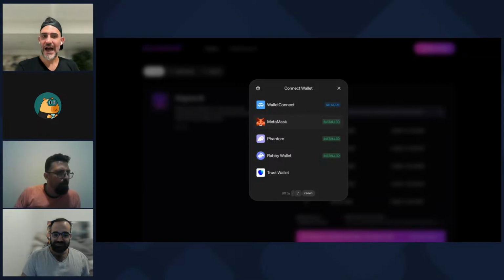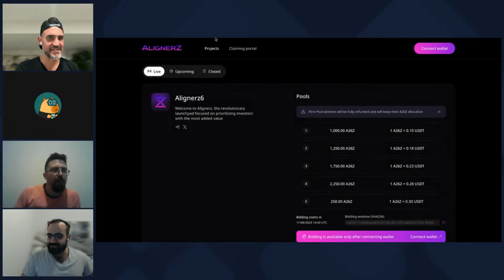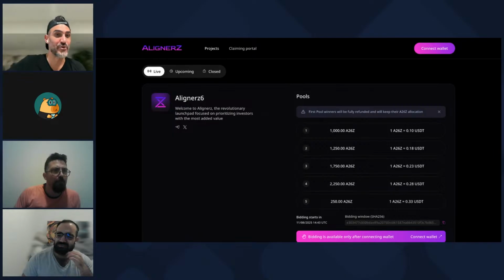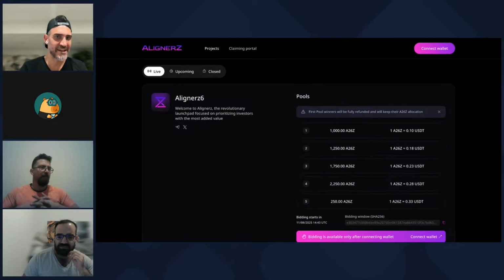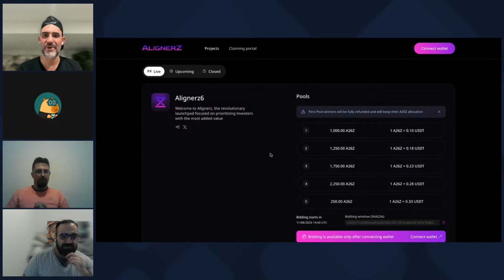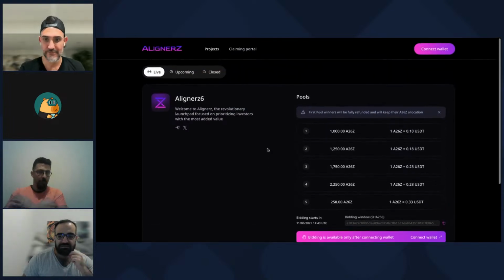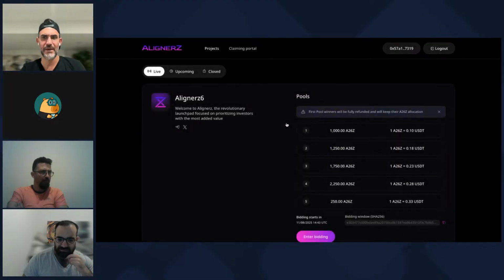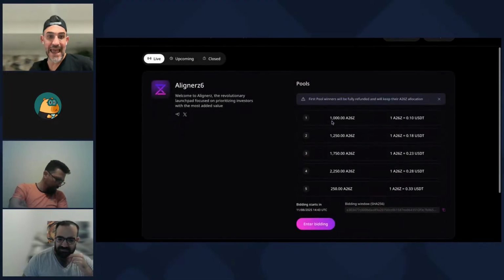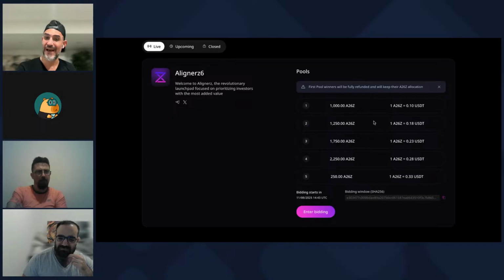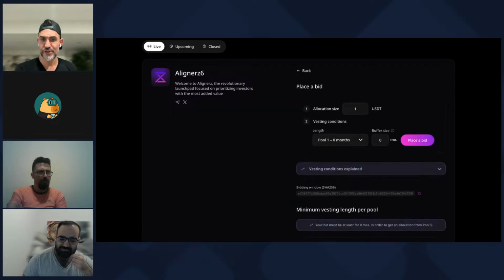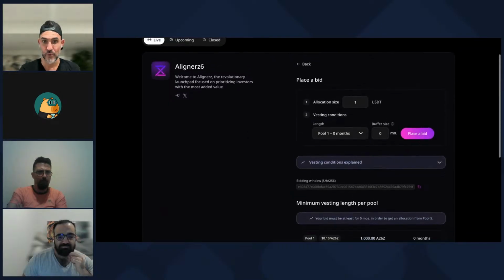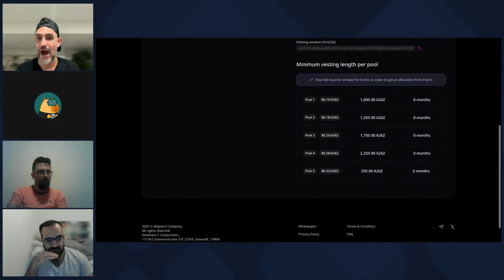Okay. So, guys, when anybody is coming to the site, once this IWO is going to go live, the site is app.aligners.bid. There's a projects tab, and you will see exactly what's what right here. Now, you connect your wallet, which I'm going to do at the present moment. I'm connecting my MetaMask. Boom, my MetaMask connects. And then it shows you if there is a live IWO, meaning a project that's live. I just hit enter, and it automatically brings me into the interface. And this is what you're going to see. And this is where we are going to live for the next hour.